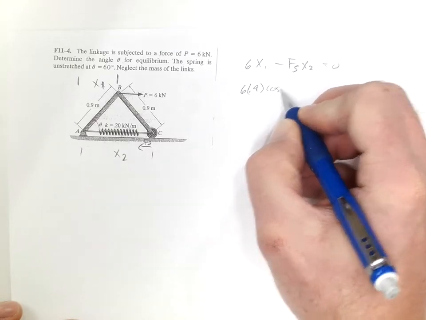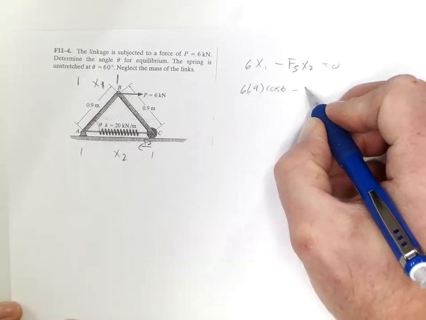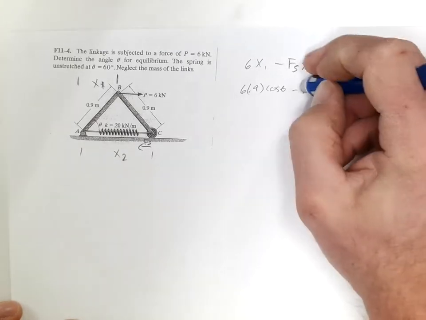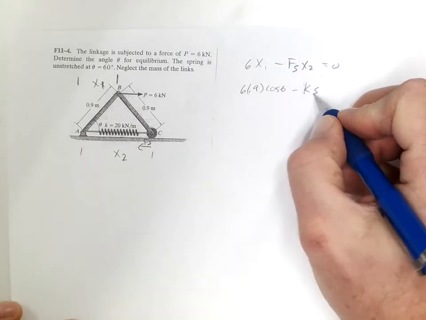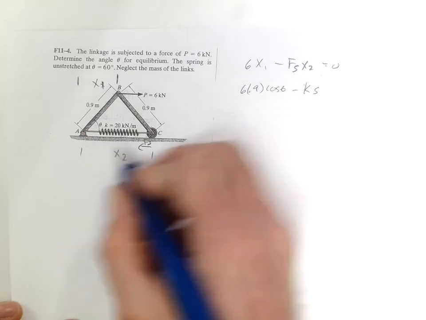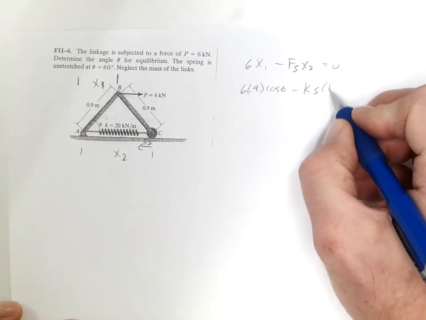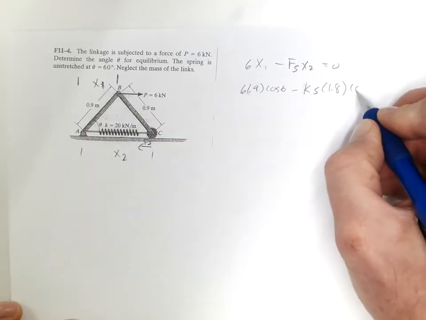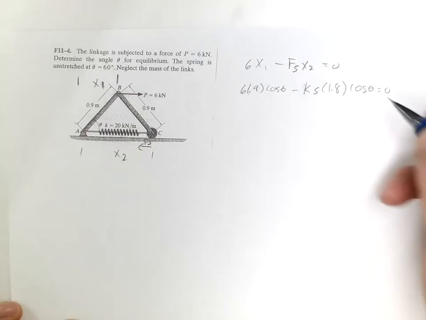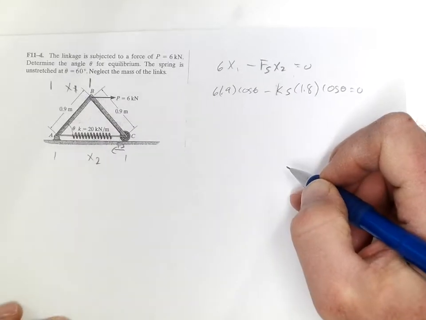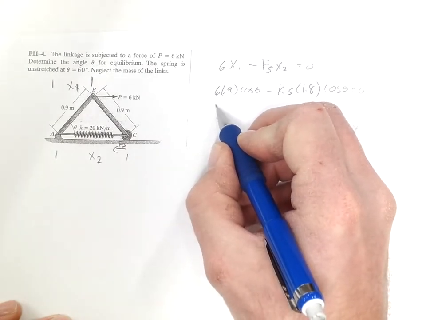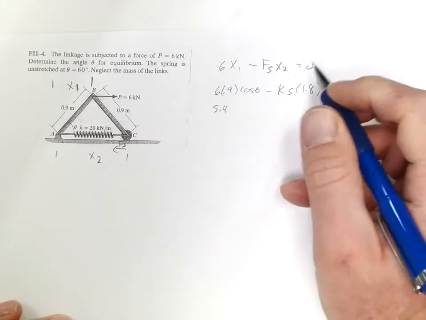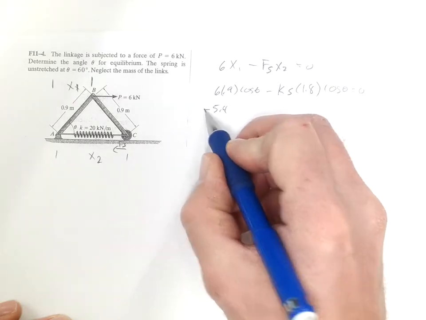cosine theta minus the force of the spring, which now we'll call Ks, is going to be 1.8 cosine theta equals 0. Now we'll take the derivative, and this is 5.4. The derivative of cosine is negative sine